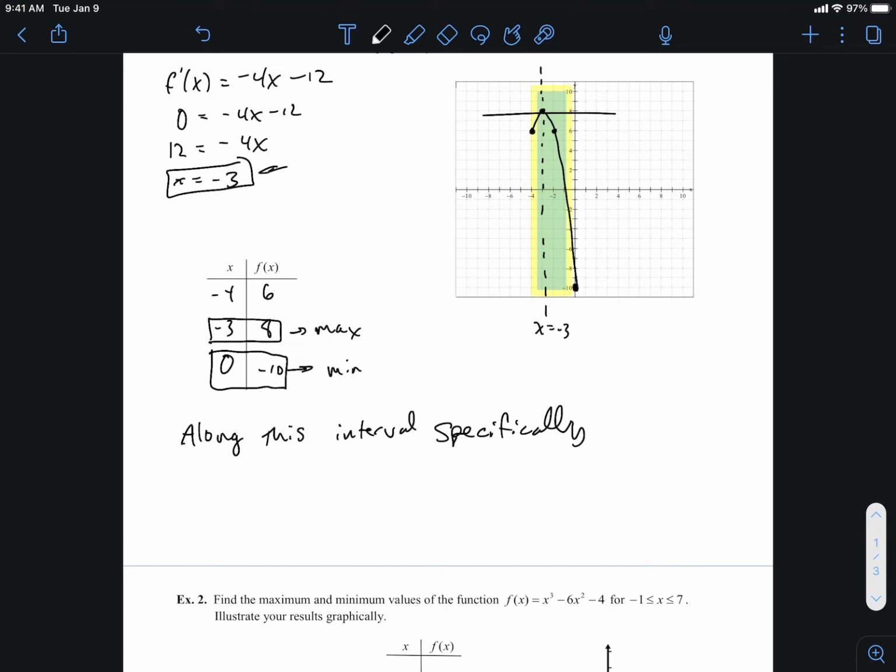right? Obviously, if we made the interval a little bit bigger, then the graph would come down here a little bit more, and we'd have a lower minimum, right? But along this interval specifically, we have a max of 8 when x equals -3, and a minimum